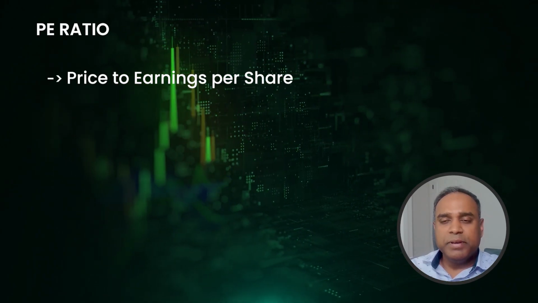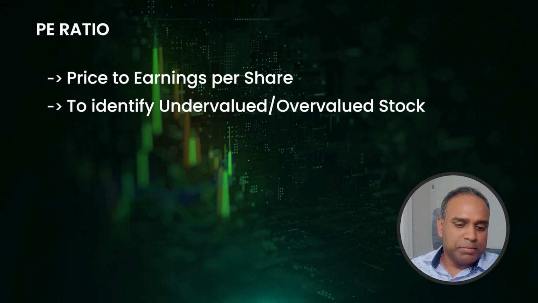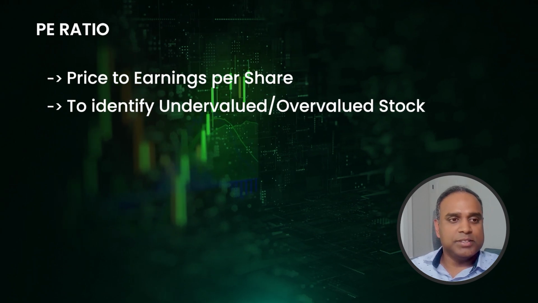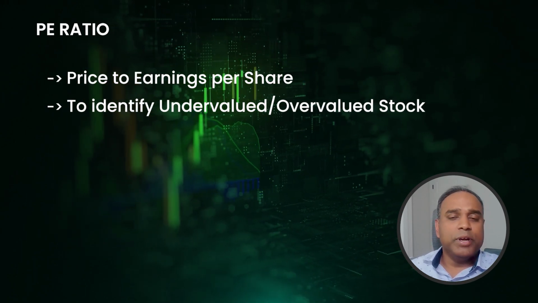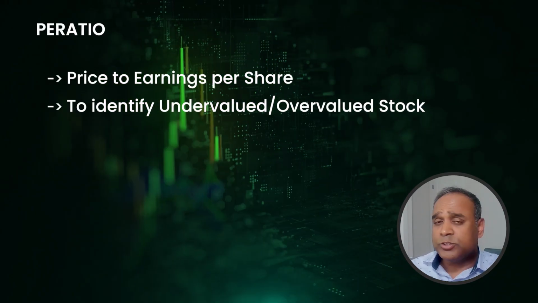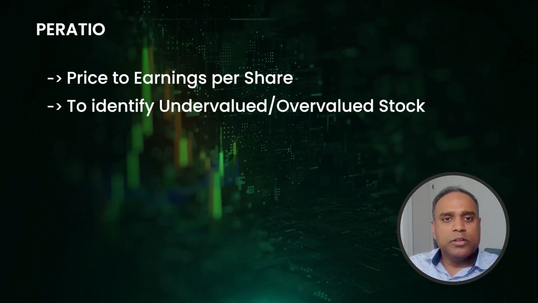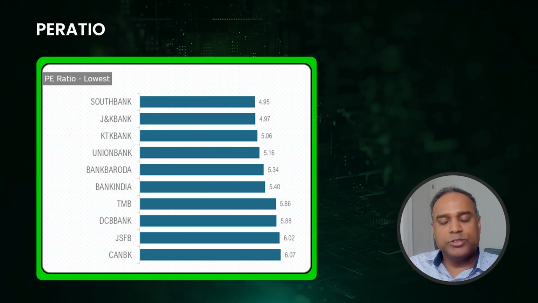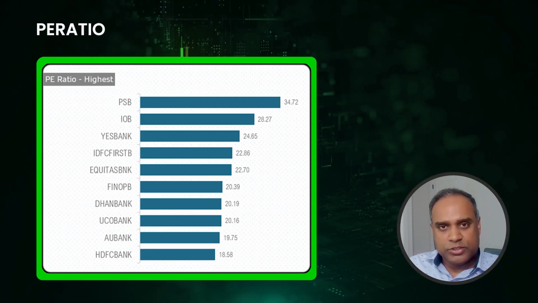And typically, if the numbers are lower, that means that the price is lower. And if the PE ratio is very high, that means it's overvalued. So depending on that, you can take your decision whether you want to invest in a stock which is undervalued. So you think that the price will increase in the future, so that you can invest in it. So that's the way the PE ratios get used. You see the lowest PE ratio, so undervalued stocks, highest PE ratio, which is the overvalued stocks.